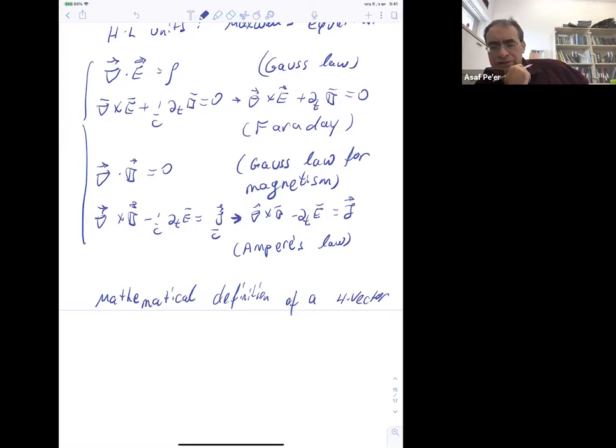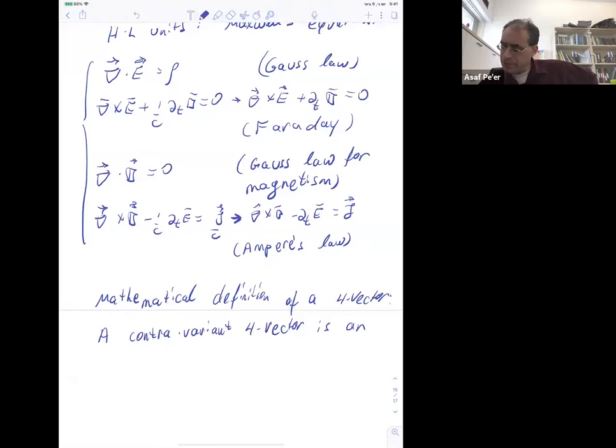A contravariant 4-vector, remember we spoke about contravariant and covariant, so the contravariant is the regular vector, is an abstract object whose components transform the same way as the coordinates under Lorentz transformation. Let me say it again. A contravariant 4-vector is an abstract object